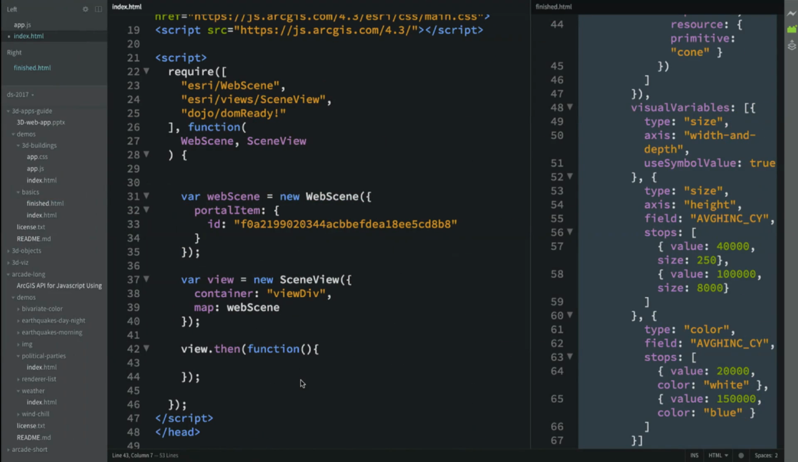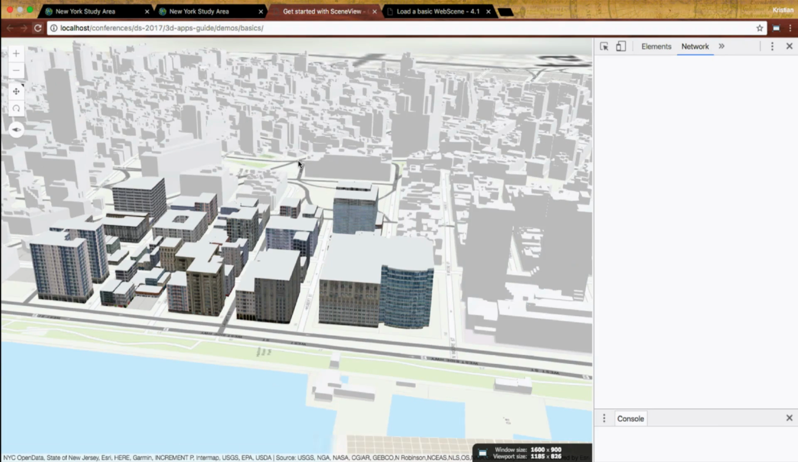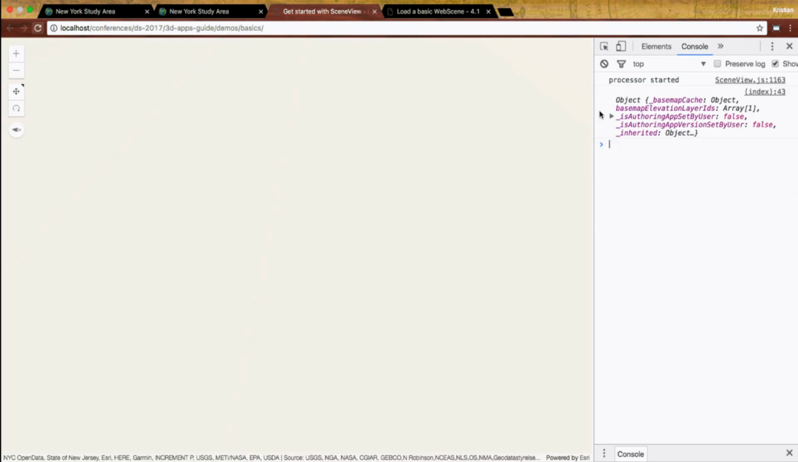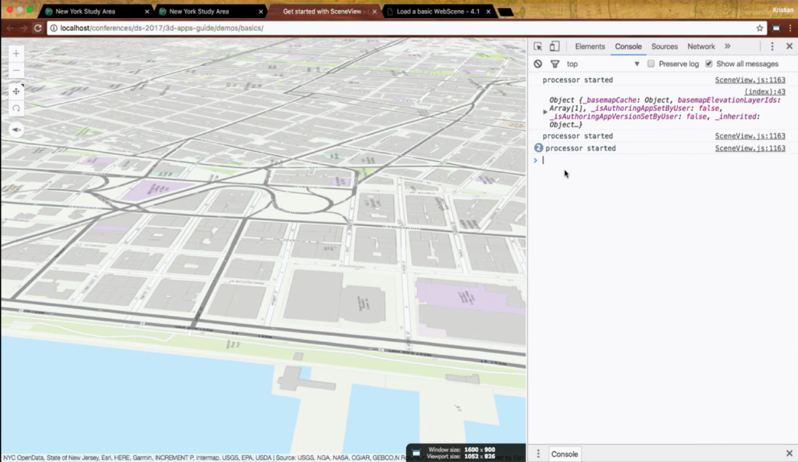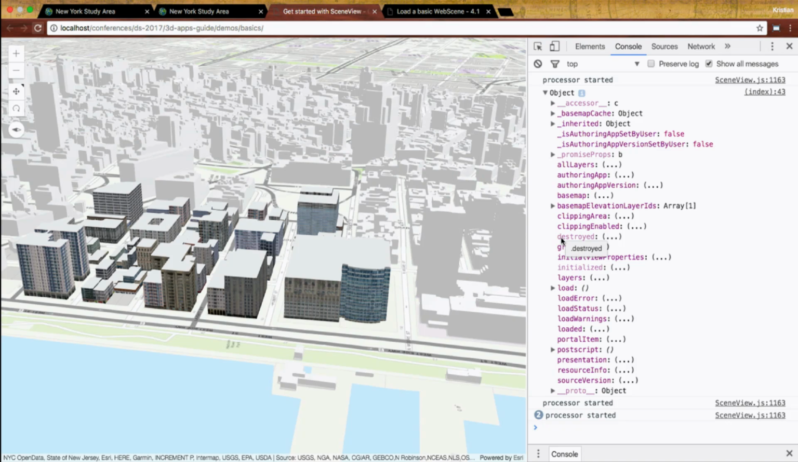Let's go back here. So let's just log the web scene so you can take a look at those properties. And then I'm going to refresh. And here's my web scene. So notice that that object was available to me in the console before the data drew. So I had access to the layers